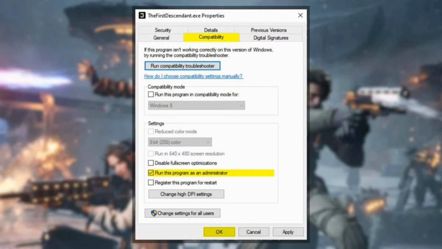If none of this helps, you need to launch it as an administrator. For this, right-click on it once again, head over to Compatibility, then tap on Run this program as an administrator, then select OK. If none of this method works, you actually have to try restarting your device, or